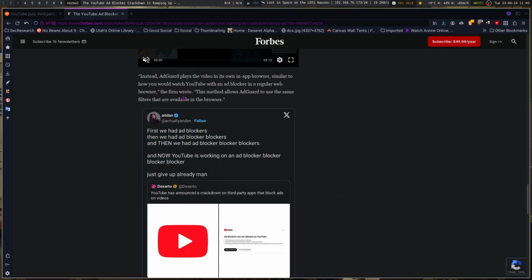The method allows AdGuard to use the same filters that are available in the browser. So about 80% of the time, there was a point where it was like 95% of the time I was watching YouTube through a browser with uBlock Origin installed. And then it turned into using NewPipe for the most part, and now it's GrayJ, I think, more recently, because it combines the functionality of Rumble, Odyssey, and NewPipe into one.